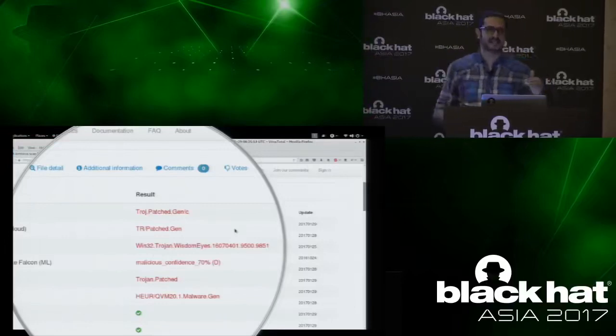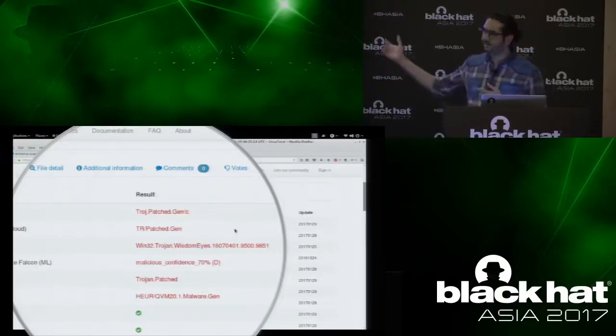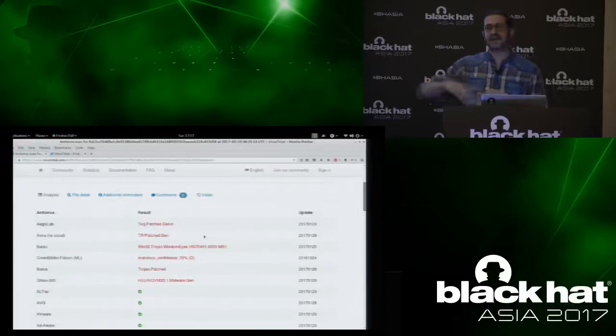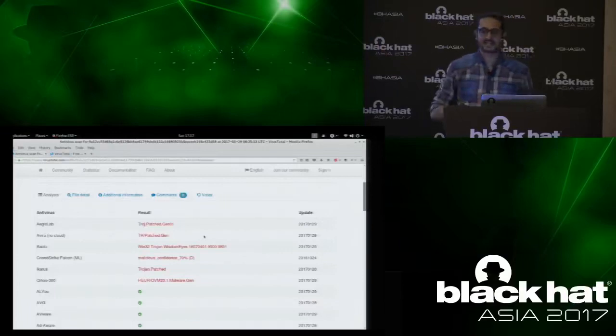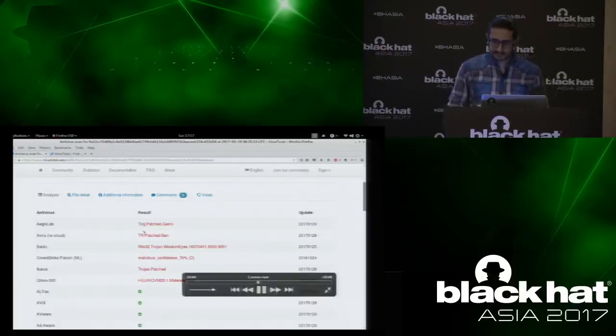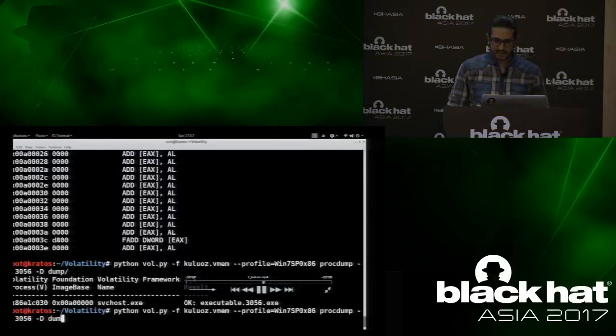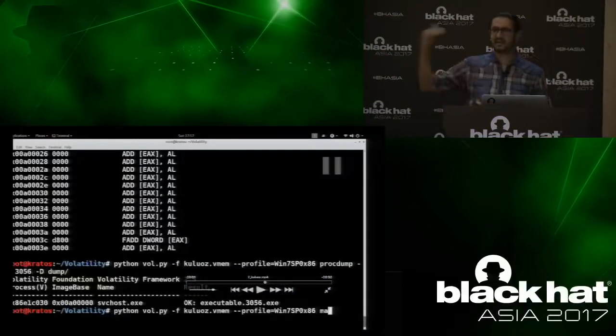Probably you will stop your analysis here thinking that you found the malicious component, or you dump it from the memory, you will patch the imports and probably run it in a sandbox. You will get nothing because this code is going to redirect to that address 640. On the sandbox, there's no injected code in that region. So you'll be missing the actual component. So this is how Kulos made everything look like a Stuxnet hollow process injection, but it's not really Stuxnet, it's something else.